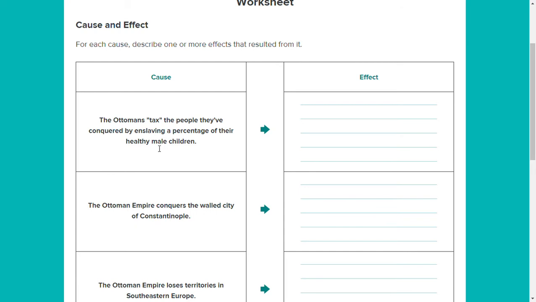The first cause is the Ottomans taxed the people they've conquered by enslaving a percentage of their healthy male children. So it does mention that they were pretty fair to the people they conquered. They allowed people to practice their religion, but one of the worst things they did was take people's kids away and force them into military service. Now what's the effect? Well, children are taken